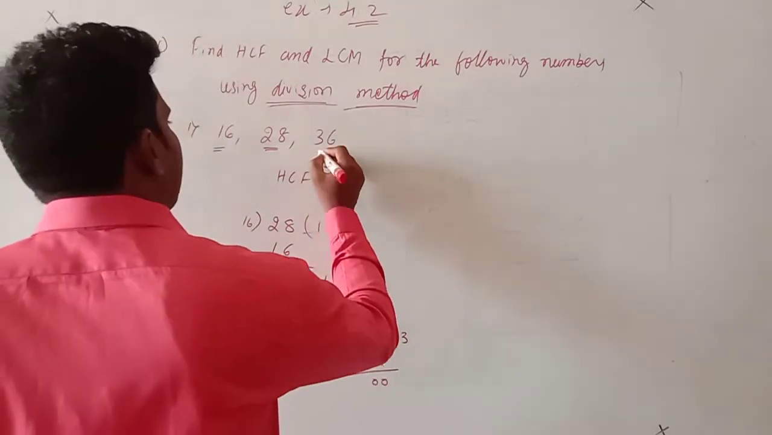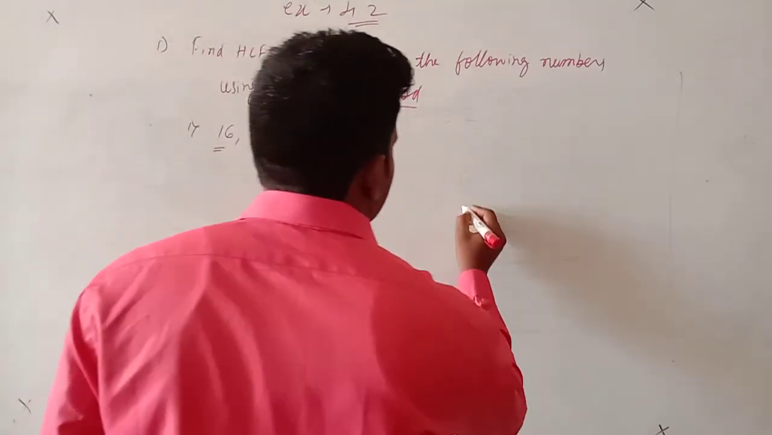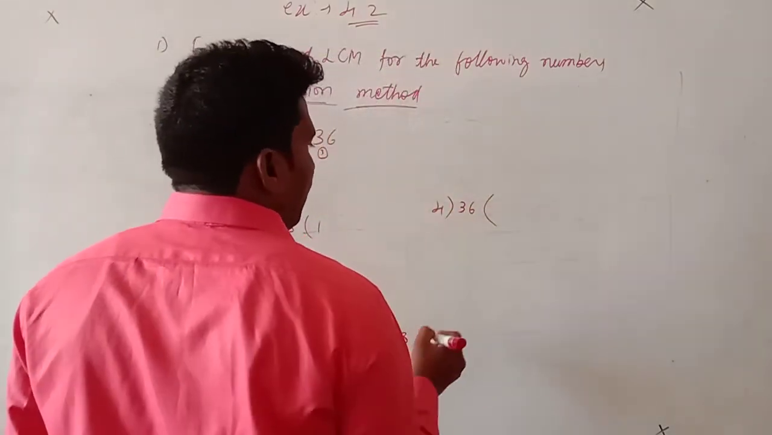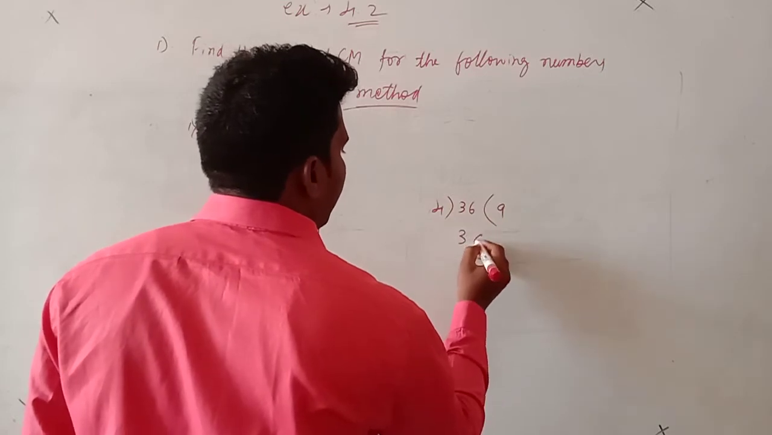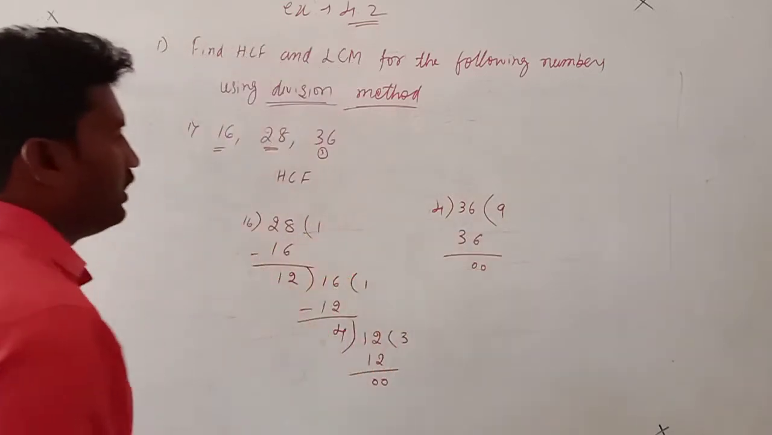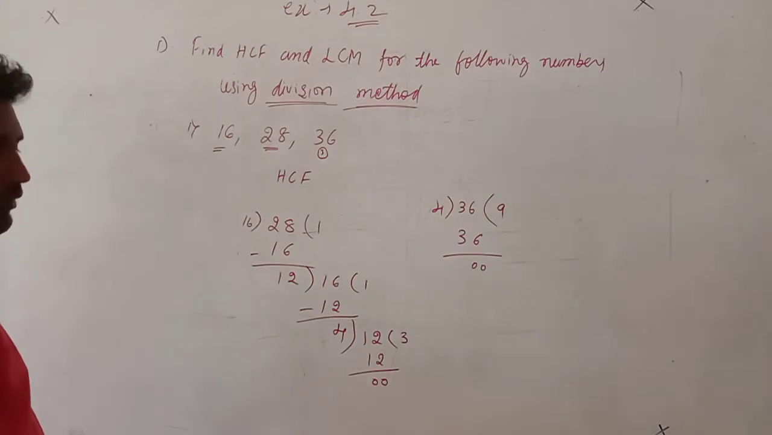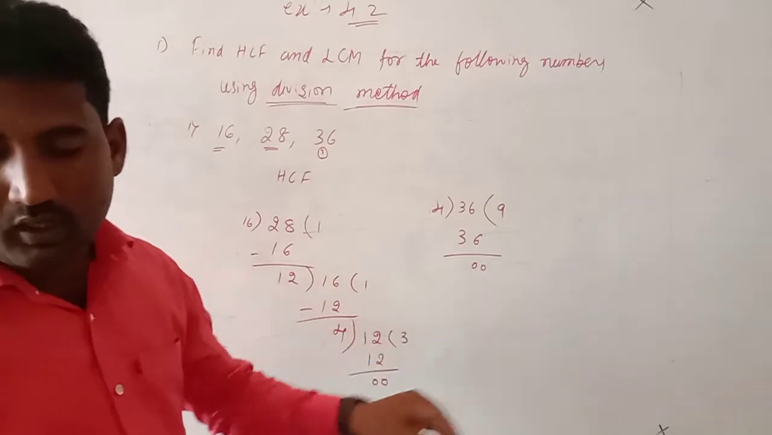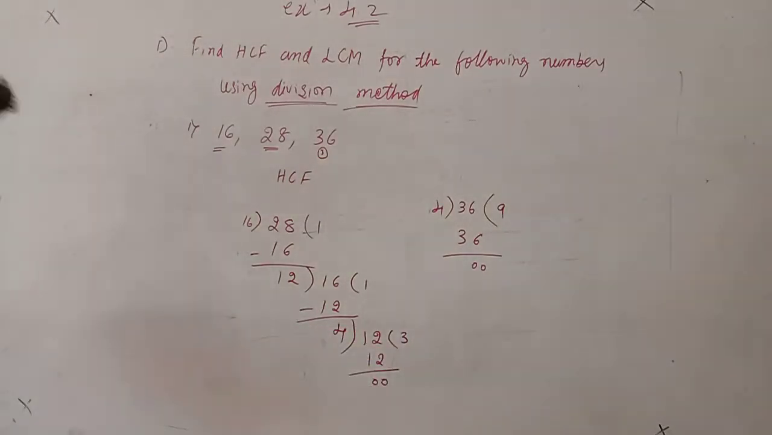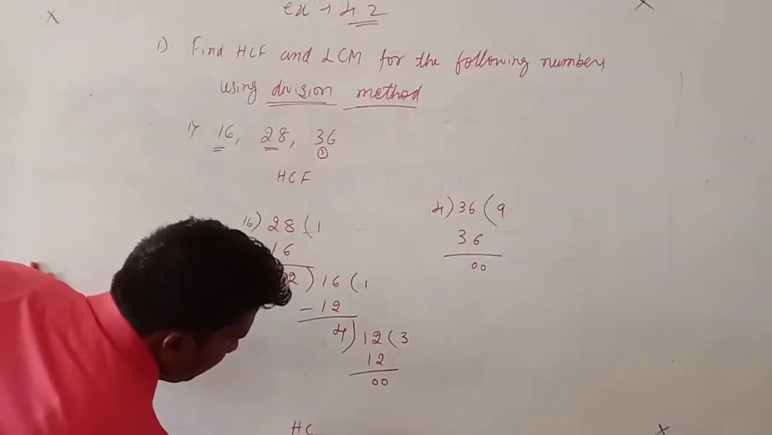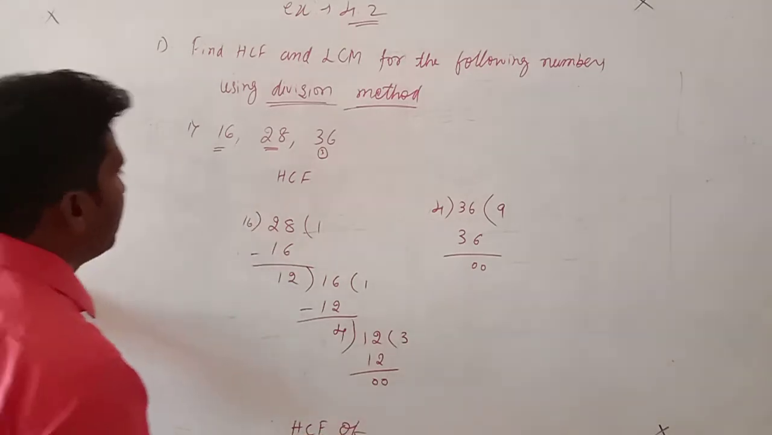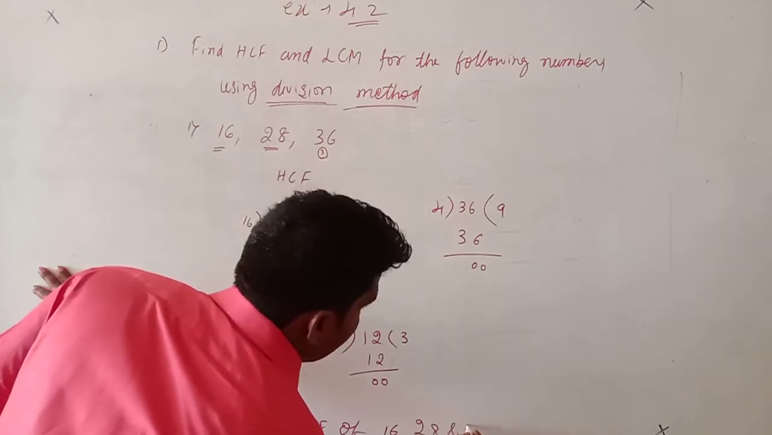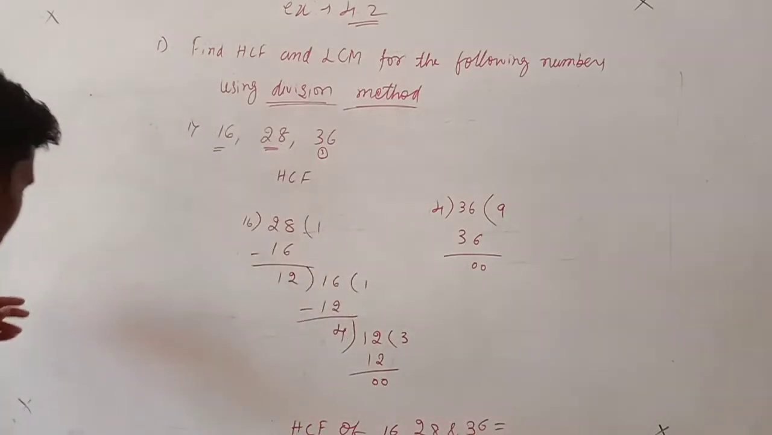So the other, third number. Which is the third number? That was 36. So 36 by 4: 4 9s are 36, remainder 0. So in both ways we are getting remainder 0. So it means the HCF of 16, 28 and 36 is equal to